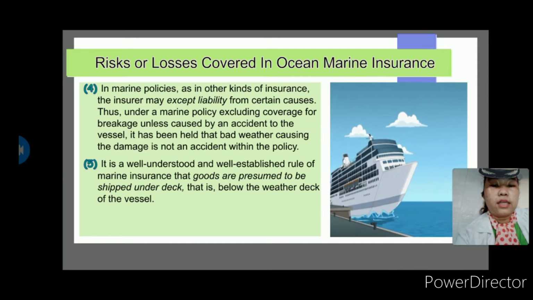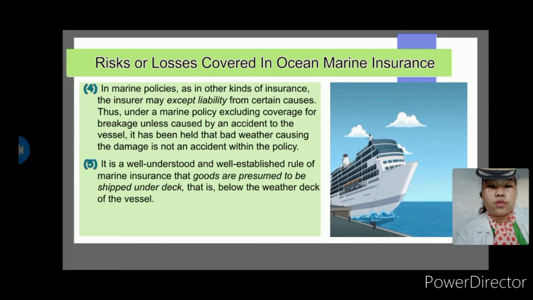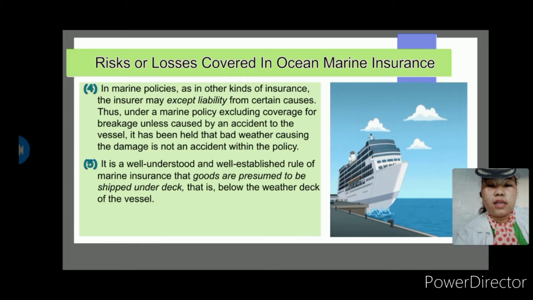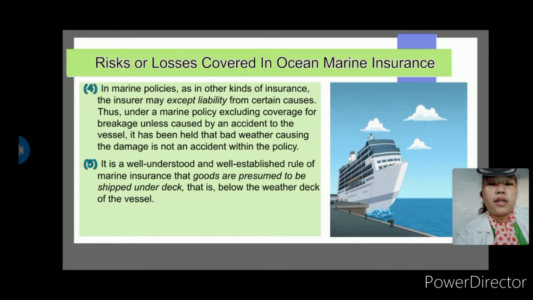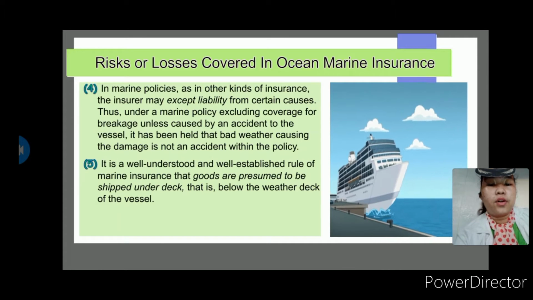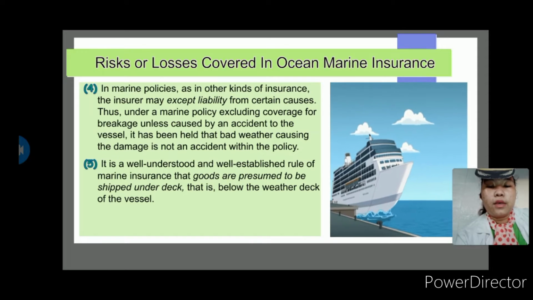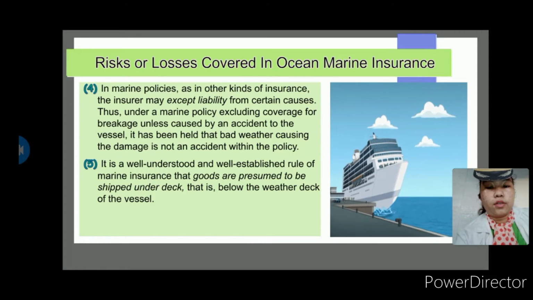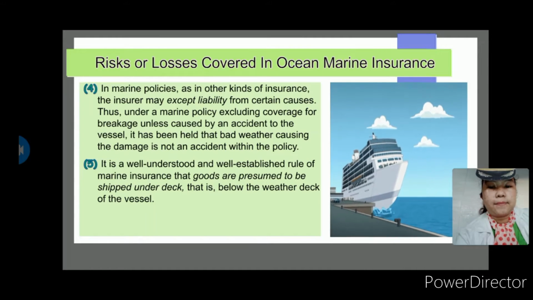There are certain cases, however, which may furnish an exception to this rule. Certain kinds of goods, dangerous in themselves, are by custom and sometimes by law required to be shipped on deck so that they will not endanger the other cargo and can, if the necessity arises, be quickly thrown overboard. Underwriters are presumed to know of these customs and legal requirements.